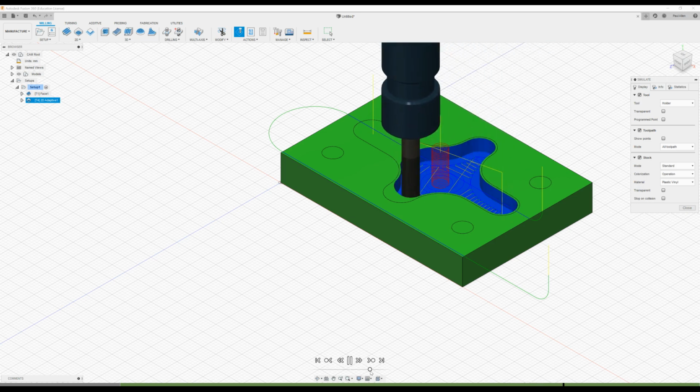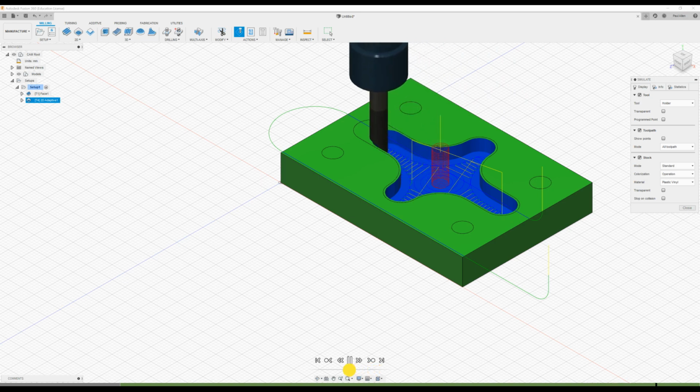This little slider here, if you move it to the right, it will speed it up, and if you move it to the left, it will play it in reverse. It's quite a handy little tool. You can jump to the next move, or jump to the next operation here, or jump to the end. So I'll just jump to the end there, and we can see the toolpath, and we can see that there's